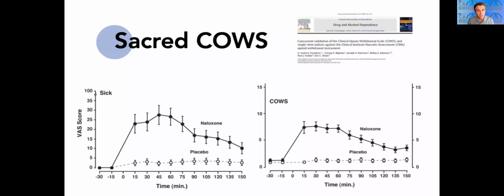And then if they're feeling sick, it should correlate with objective symptoms, right? They should have sweat on their brow. Their pupils should be a little bit big. They should be a little bit activated. You know, they might have stomach cramping and body aches and anxiety, all these kinds of things. And it's important to know that, right?